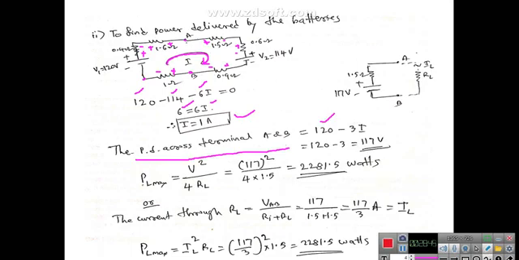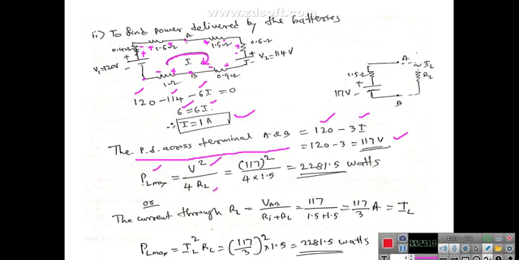Minus 1.4 minus 1.6, so that is 3 into I with a negative sign. If you substitute the value of I as 1, you will get the potential difference across the terminals A and B as 117. So the potential across these two will decide the power delivered by the batteries. Therefore, PL maximum is equal to V square divided by 4 RL, as you derived in the condition.